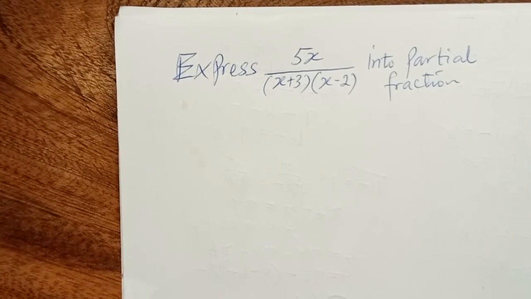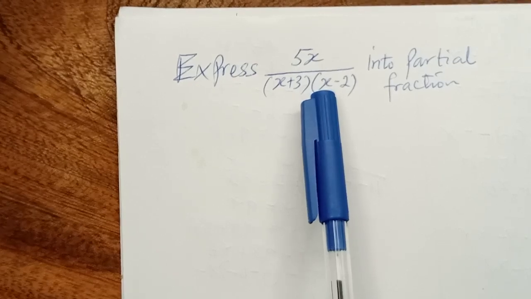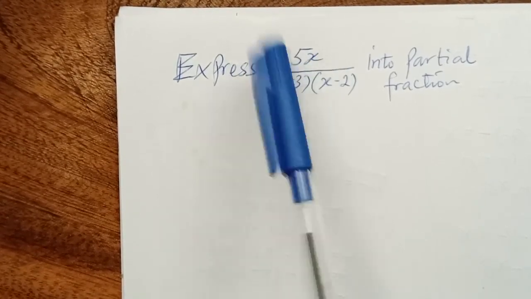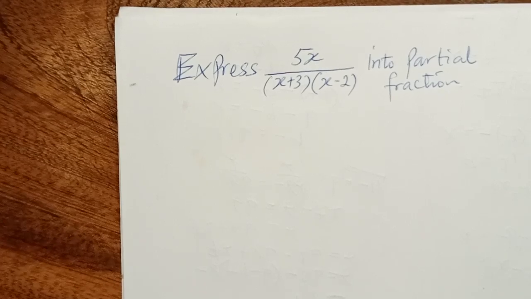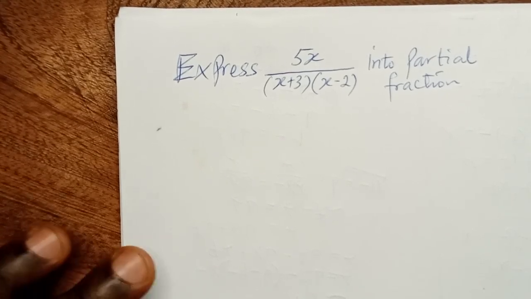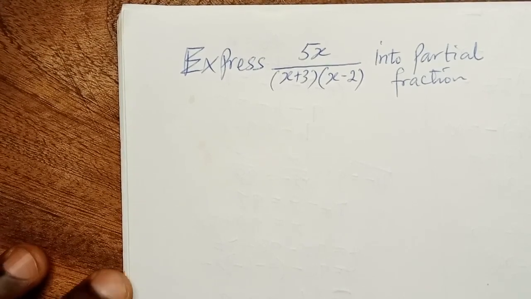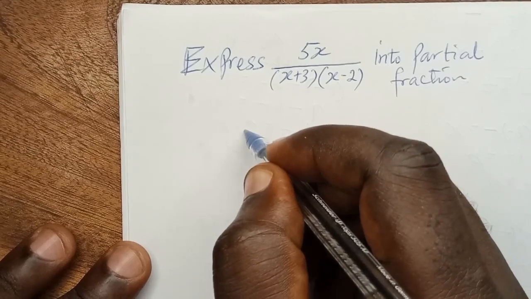unknown. In this case, the highest power of x in the denominator is just 1, and that of x in the numerator is also 1, which means it's a proper fraction. The fraction is proper, so we are going to use the normal expression here. Since it is a proper fraction, we are going to express it normally. We are going to say that 5x